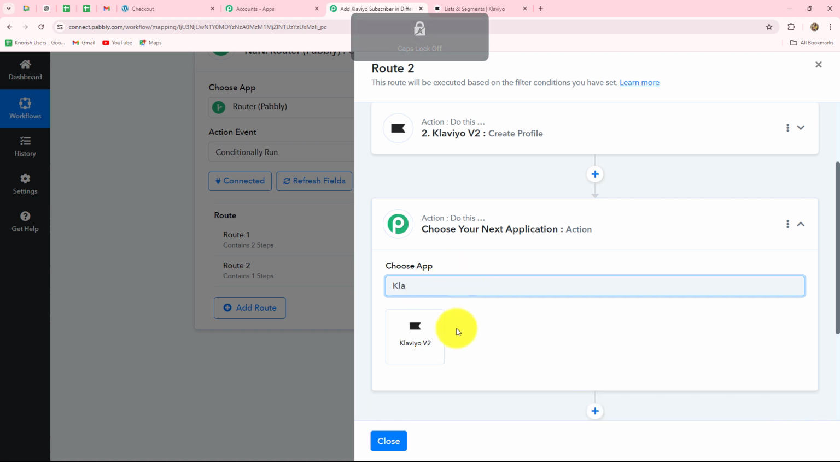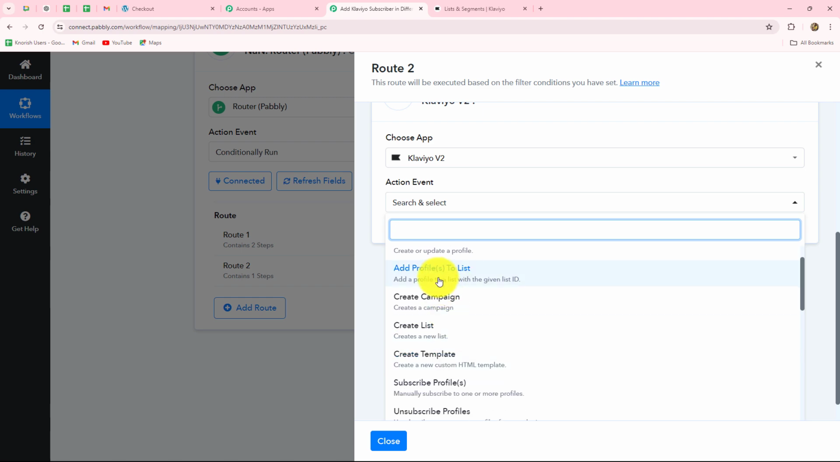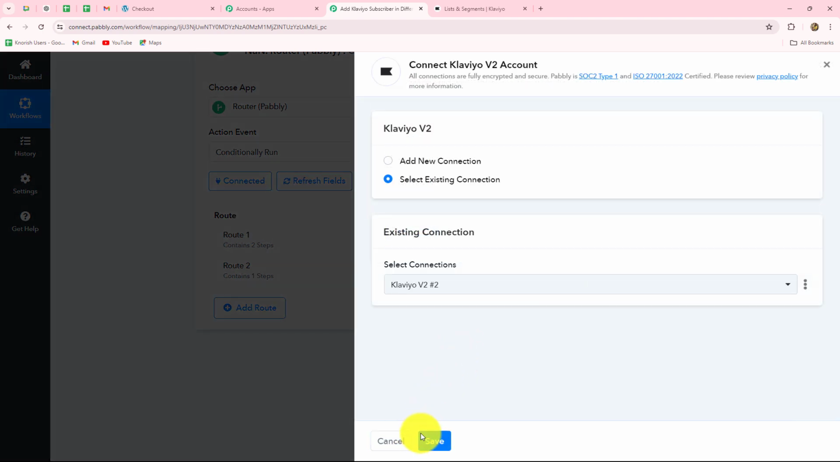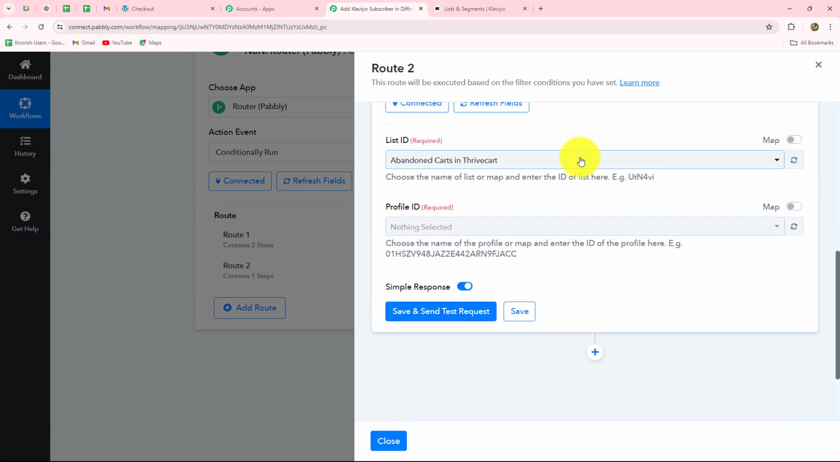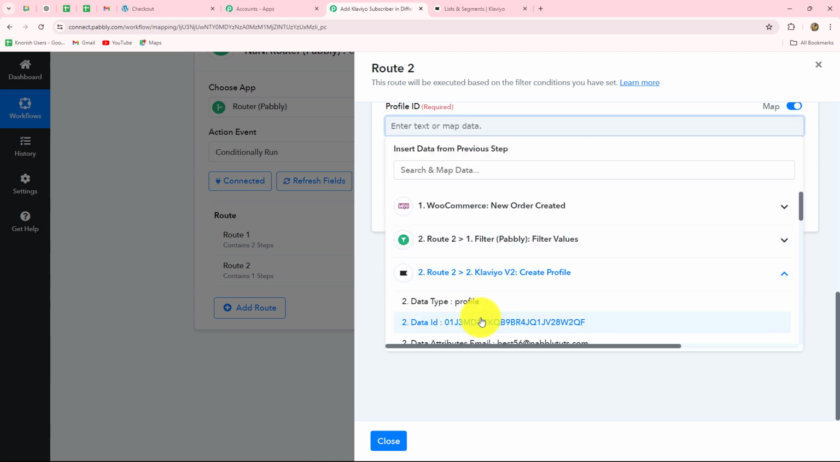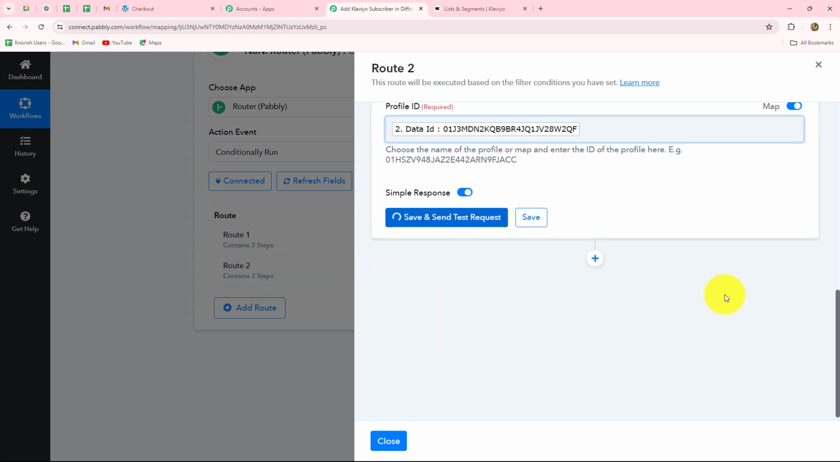Here we are going to search for Klaviyo once again, and we are going to select the action event this time as add profiles to list. Let's click on connect. Let's select existing connection only. And here I'm going to simply select the list ID this time as Java course for beginners, and for the profile ID I'm going to turn this mapping button on, and you will simply map the profile ID which we have received. Okay, let's click on save and send test request button,